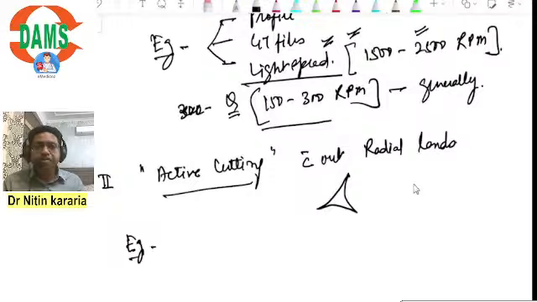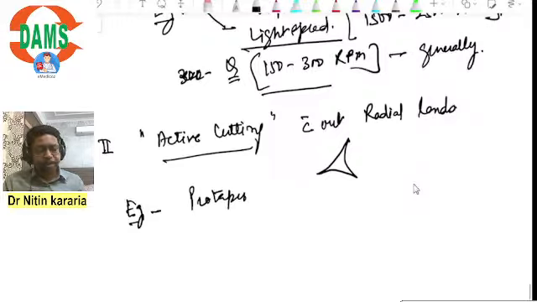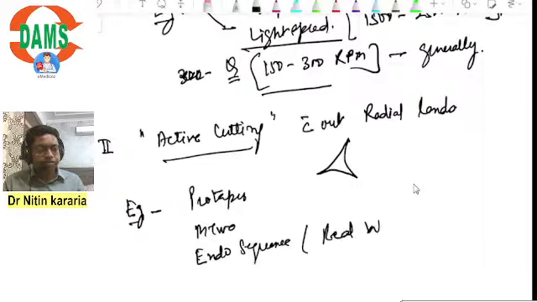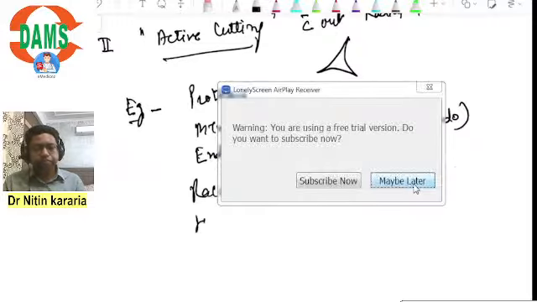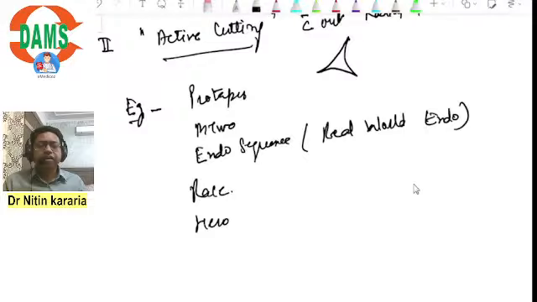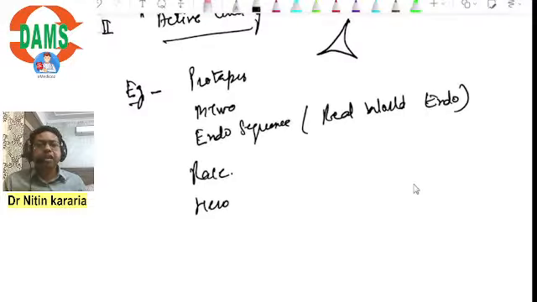Example of instruments, prominent ones are taper, okay, M2, endo sequence, which is also called real world endo, race, hero. Okay, these are the prominent examples of active cutting instruments which have got blades with sharp edges, so they cut